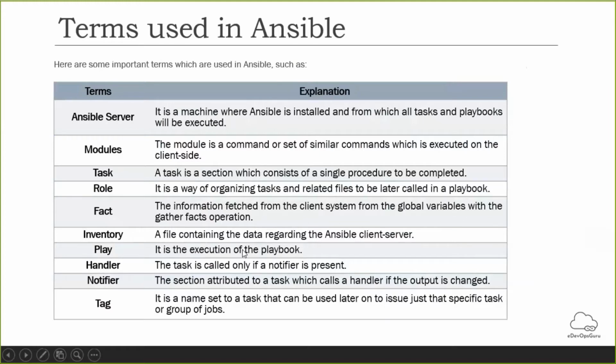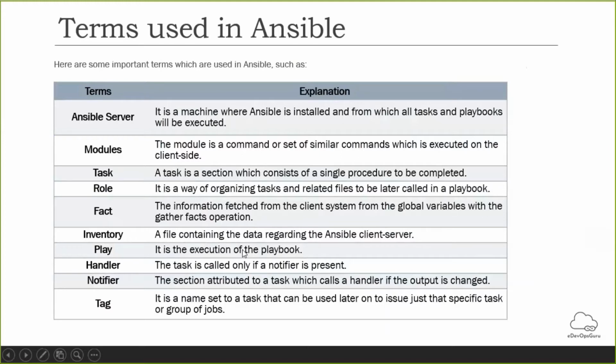So we'll go with the installation of Ansible. There are two kinds of machines for installation in Ansible: the control machine and the remote machine. The control machine is basically the management node, or the master machine, and the remote machine is the slave nodes, that is the hosts.